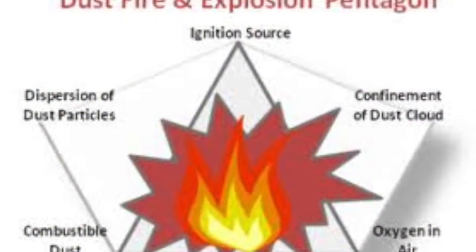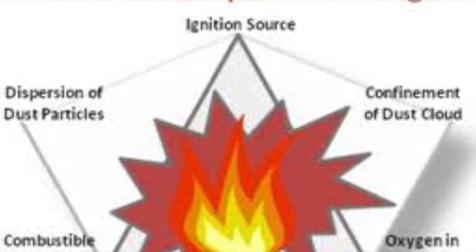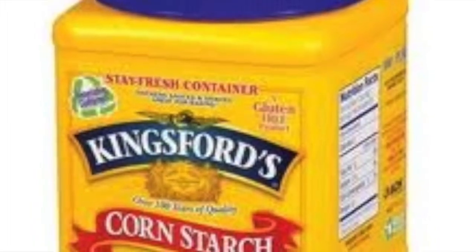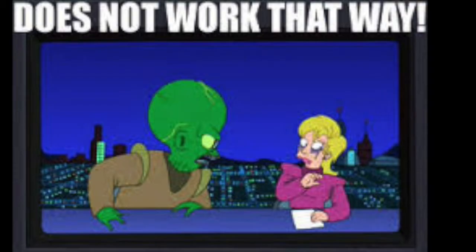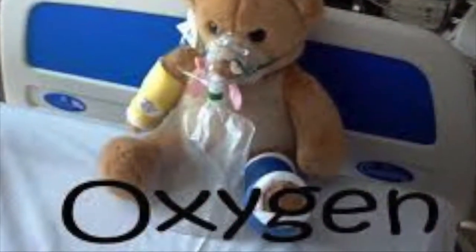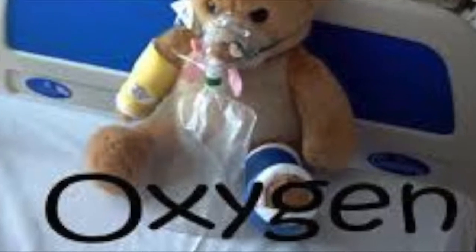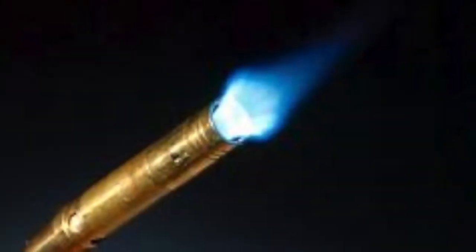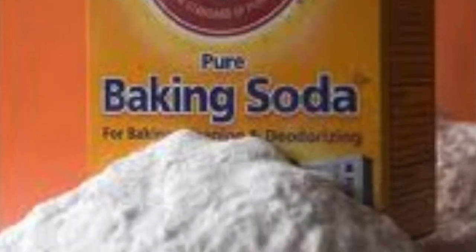There are 4 factors needed to create a dust explosion. A dust containing carbohydrates, dust suspended in the air at a high concentration. Most kitchen ingredients won't light if you just tried to burn a pile of them in their powder form. An oxidant, typically atmospheric oxygen, like the kind that we breathe. And an ignition source. The kinds of kitchen ingredients that could do this may be things like baking soda, sugar,